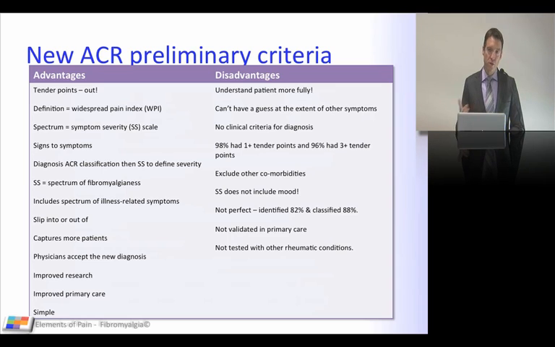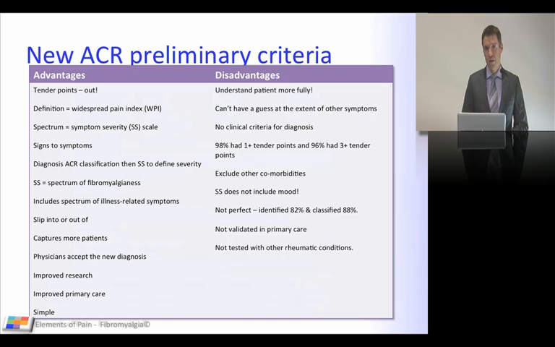And there's no clinical criteria for the diagnosis, as I've mentioned, and this may be a disadvantage. You need to examine all your patients anyway to exclude other causes and to gain a rapport with your patients. The disadvantage is only 98% of patients had 1 trigger point, and 96% had 3 or more trigger points. Sorry, I beg your pardon, tender points. You see, I've made that mistake that I don't want you to make. They're not trigger points, they're tender points.